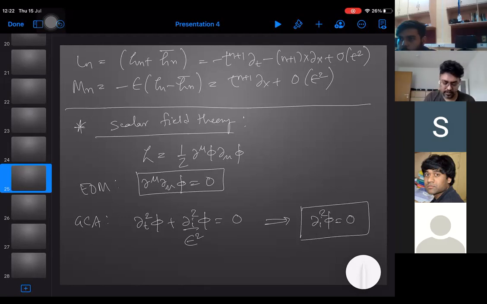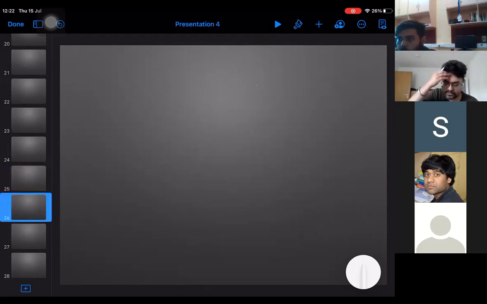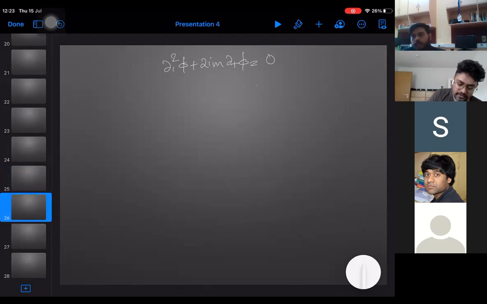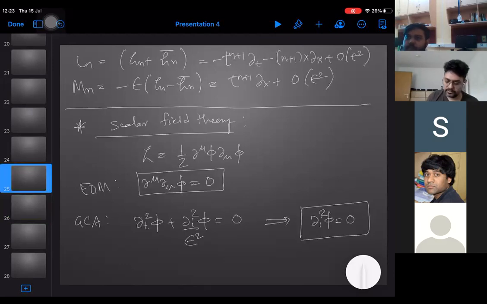Which is true because, if you have a Schrodinger field theory, which is also another non-relativistic algebra, for that case you have something given by this. This is the Schrodinger equation, right? And if you take m tends to 0, which is the case in the Galilean case, you just get back your phi square, just the potential, what we get from here. So it is consistent with the non-relativistic limit.